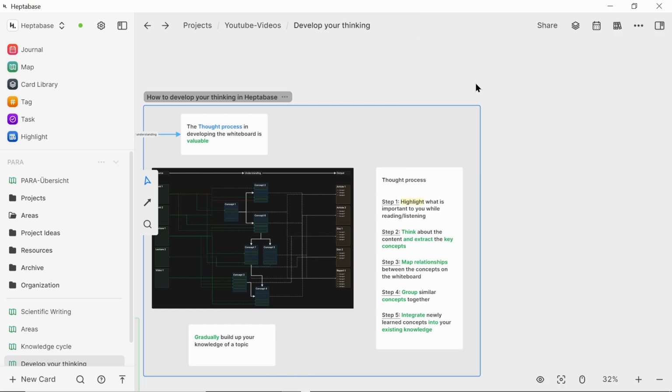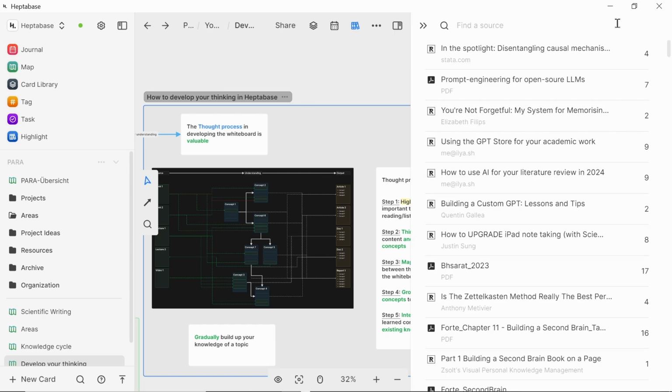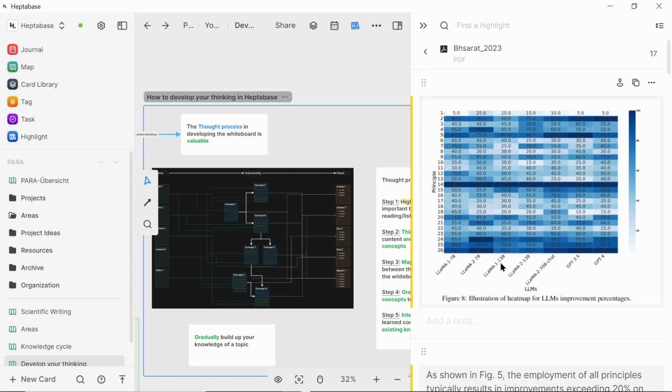In the second step, you should think about your highlights more deeply and extract the key concepts. I, for example, like to use a technique called progressive summarization, where I will go through all my highlights and highlight the most important highlights, and will then create cards based on these highlights. So typically I would be in a whiteboard, open up my highlights, and then I would go through these highlights, and